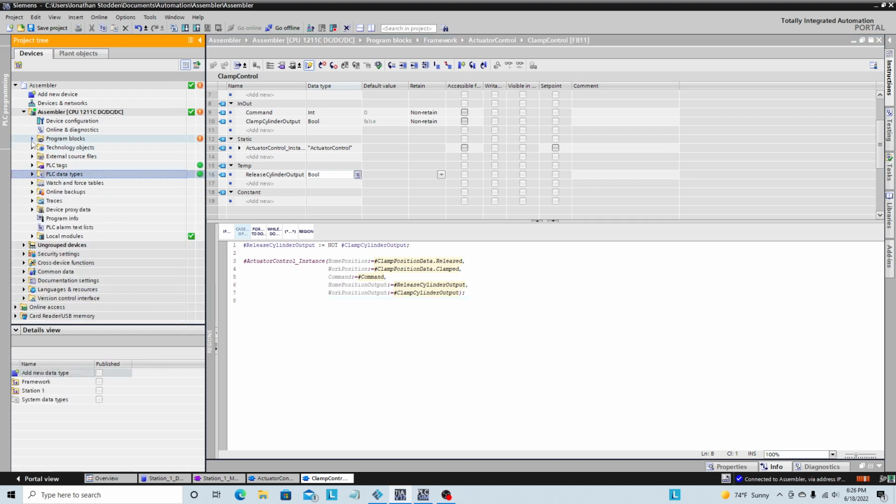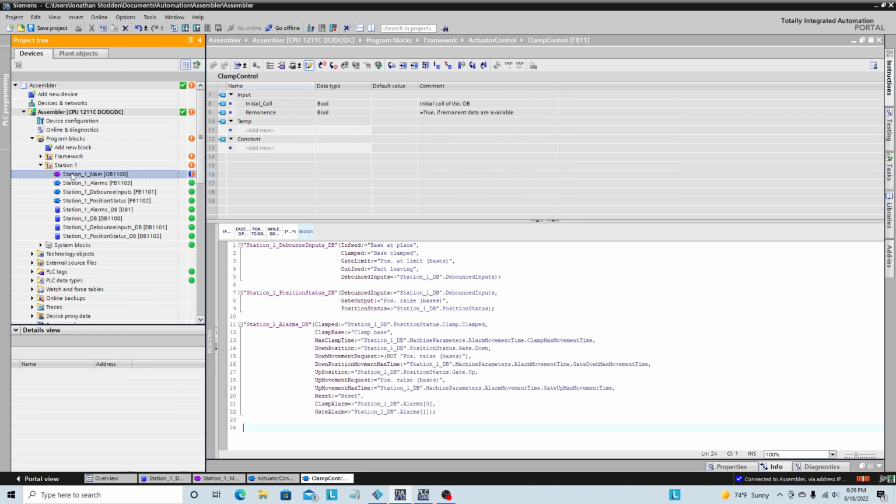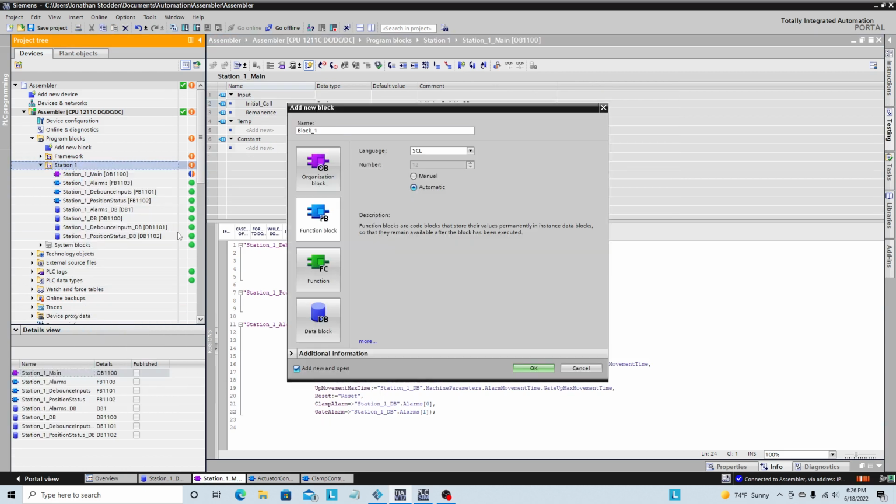Now let's put it in station 1. Let's go back to this. We're going to make a new FB, add new block. We're going to call a couple of actuator things in here, but we're going to do just one at a time. So we have station 1